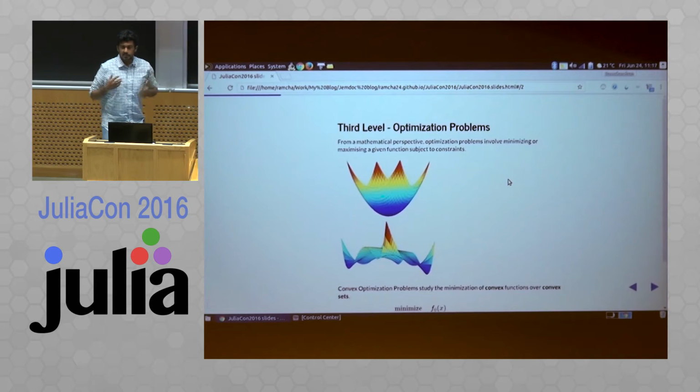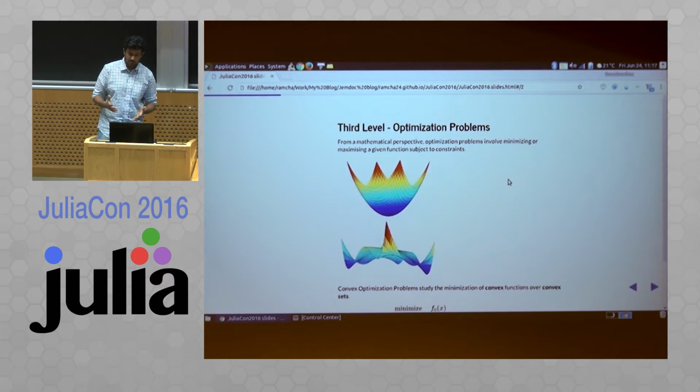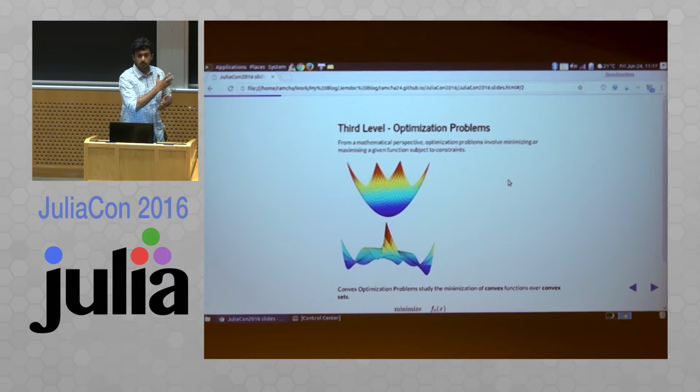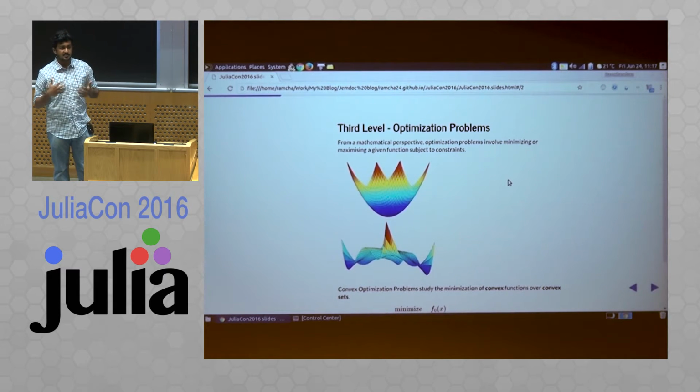The third level, which we are going to be talking about, is the optimization problem. Convexity is a property of the optimization problem. You can see that there are two figures here. The first figure is a function, and the second figure is also a function, but you can see a huge difference in the way the gradients will progress as you go across the coordinates. If you want to minimize the function, the first one would be a lot simpler to minimize. You just have to start at any point and then use the standard gradient descent.